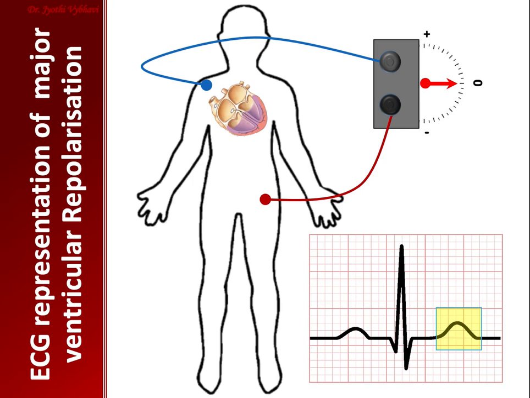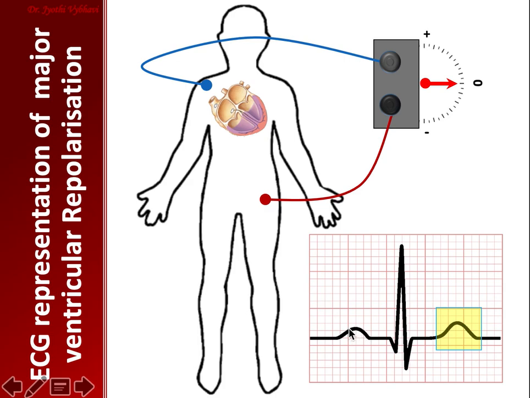So when the electrical activity is picked up, because they are happening simultaneously and overlapping, you get just one vector. Hence only one positive deflection. It is a repolarizing wave traveling towards a positive electrode, so we get a positive wave. Even though it is a repolarization, we get a positive wave, and it is a single vector, because all the other parts of the ventricle which are repolarizing overlap, because it is a slow process, because of the slow potassium channels. Hence it is represented by a T wave.